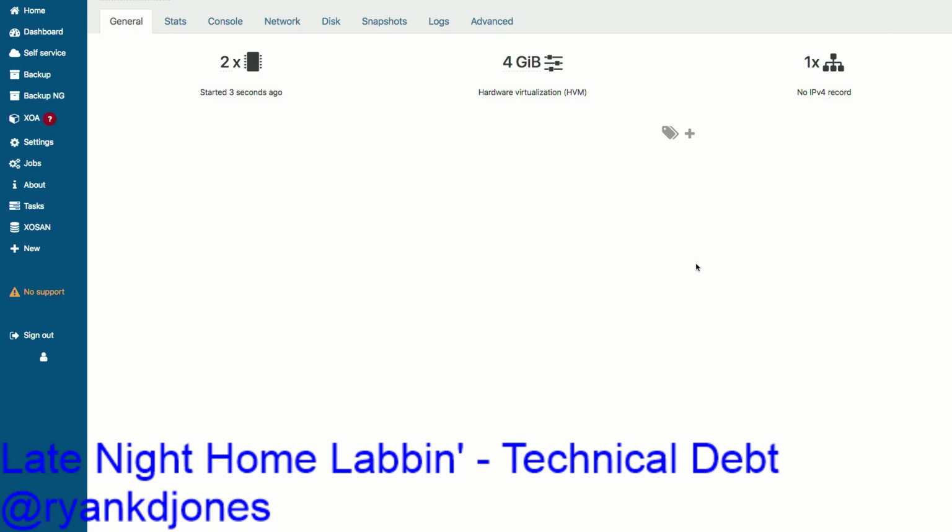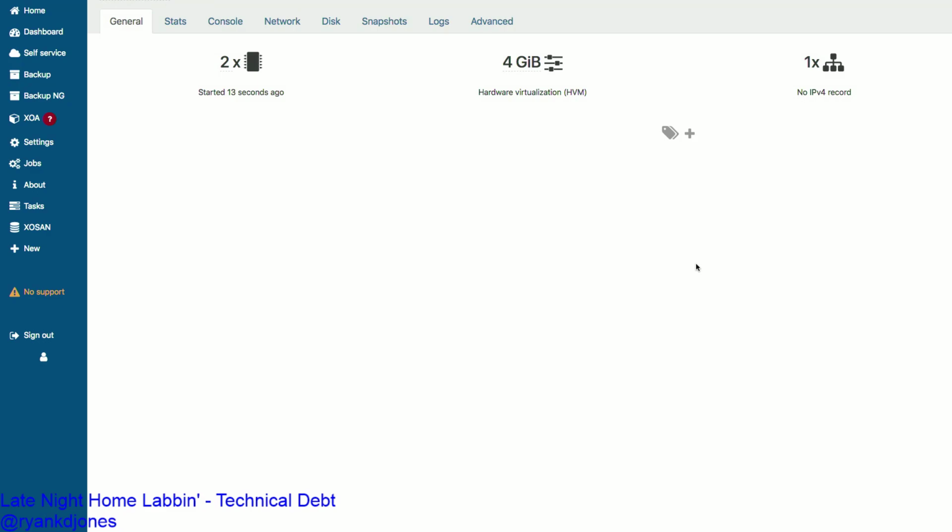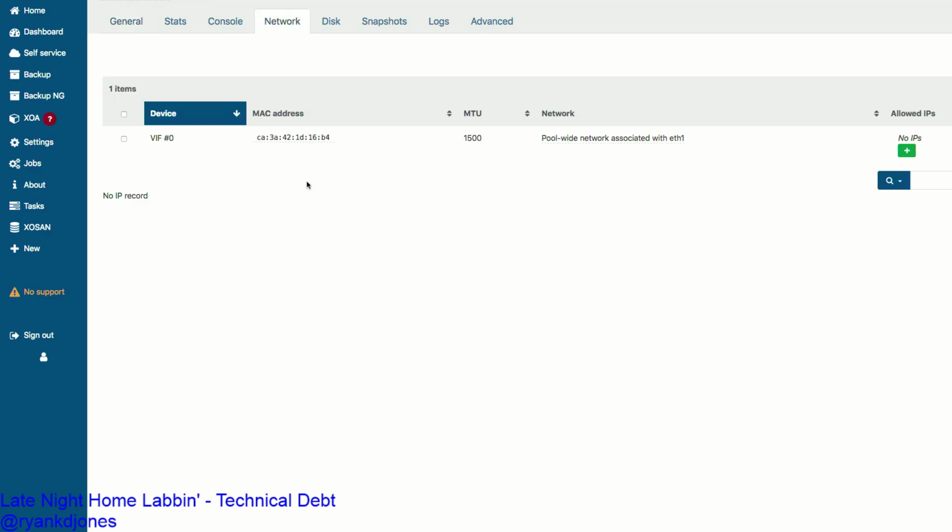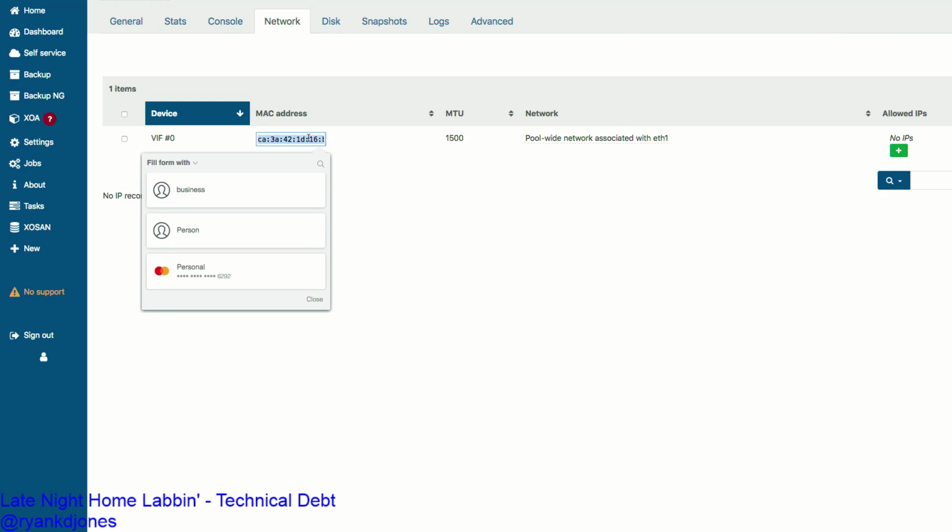Let me see. I feel like my lower third is taking up too much room. There you go, that's better. Alright, so now what we're interested in is we need the MAC address. Why do we need the MAC address? Well,